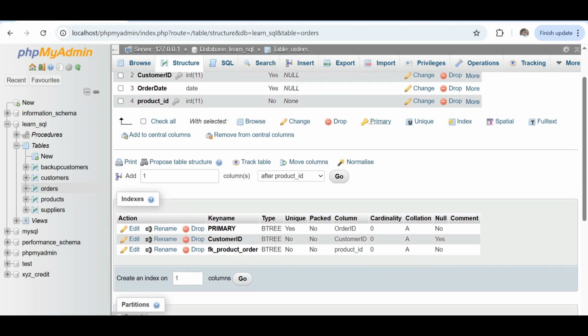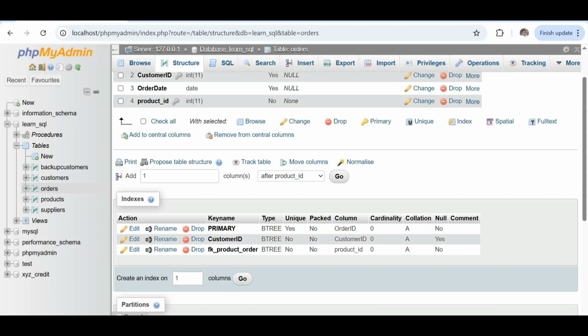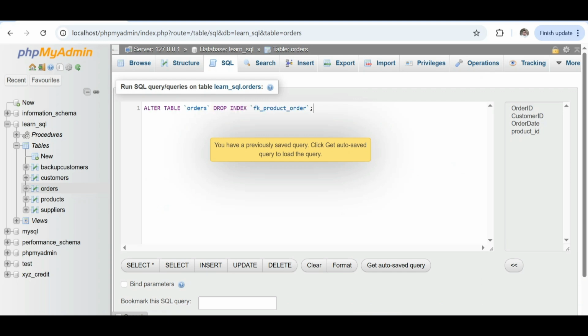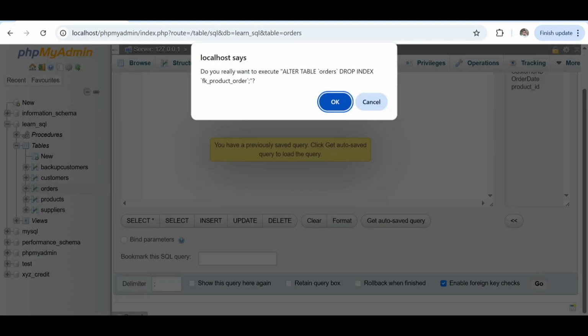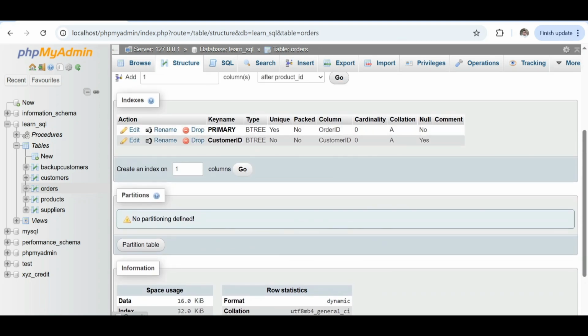Why is it not removed? Maybe I will try again. Maybe this is the right syntax, because the foreign key is also an index. Okay, and yeah, this is removed. Okay, that's all for DDL part 2, the constraint lesson. Okay, sorry, for the last, keep in mind that constraint names are required when dropping.